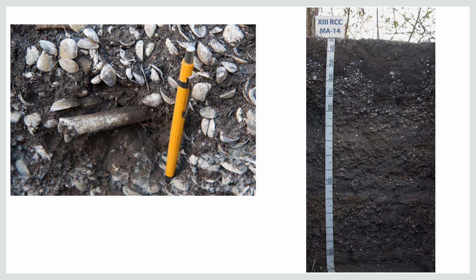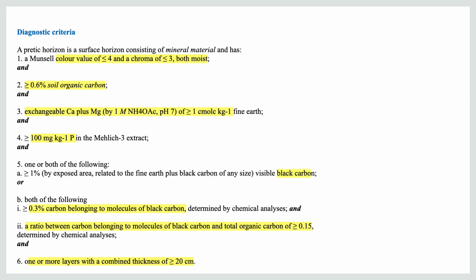Okay, this specific horizon, as I said, is quite common in some specific regions in Brazil and other areas in South America. To identify and classify a pretic horizon, what do I need to check? First, the color. Of course, pretic means black in Portuguese. So the pretic horizon should register low value and low chroma. The content of organic carbon should be equal or higher than